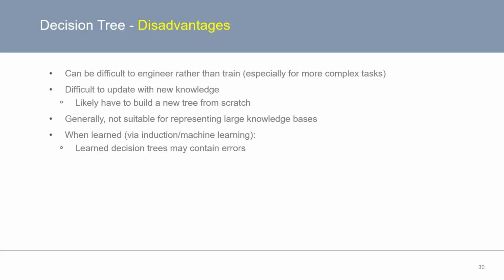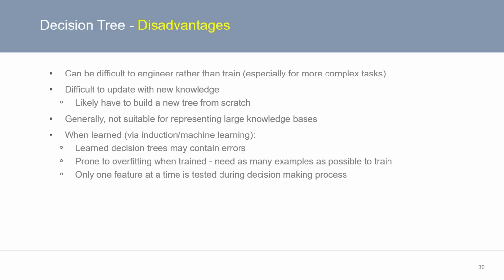And when it comes to learning decision trees by induction, learned decision trees can of course contain errors. Also, this machine learning approach is prone to overfitting when trained, and many instances or examples are often needed to help reduce overfitting. Also, only one feature at a time is tested during the decision-making process, and this leads to